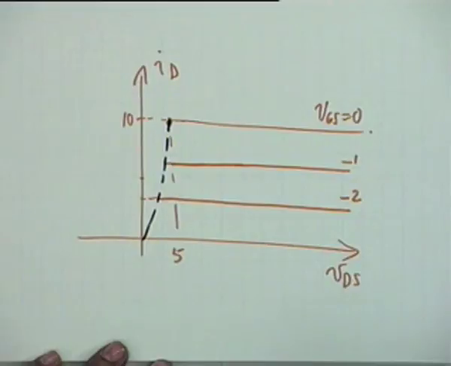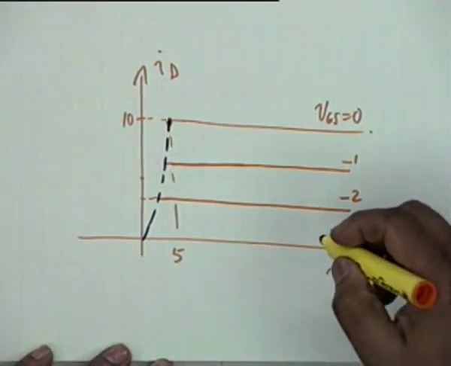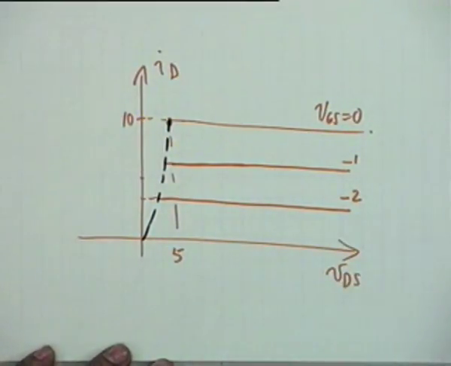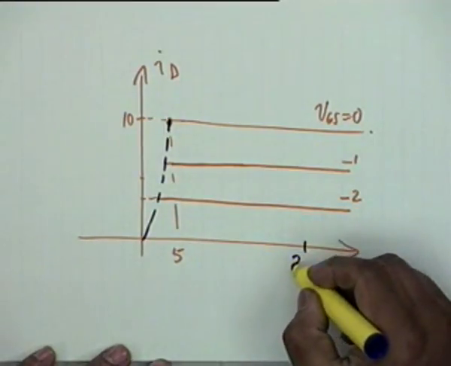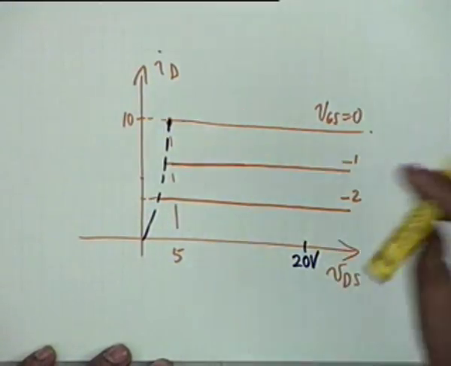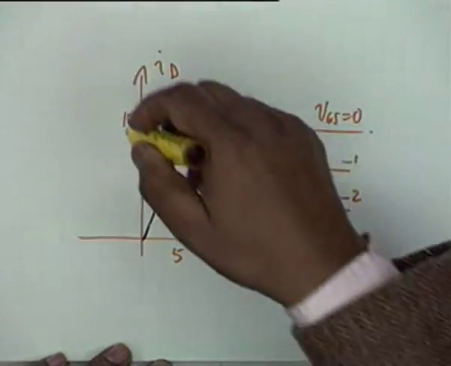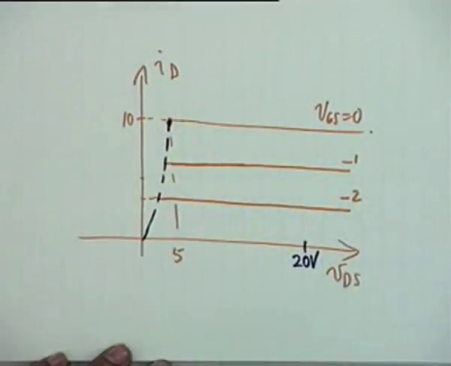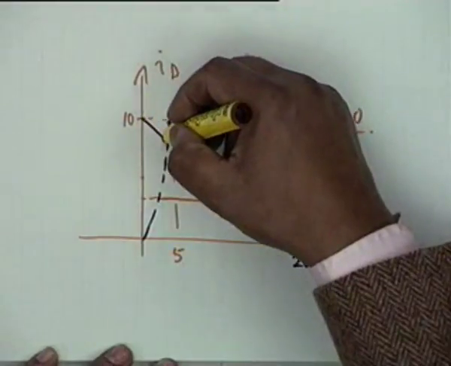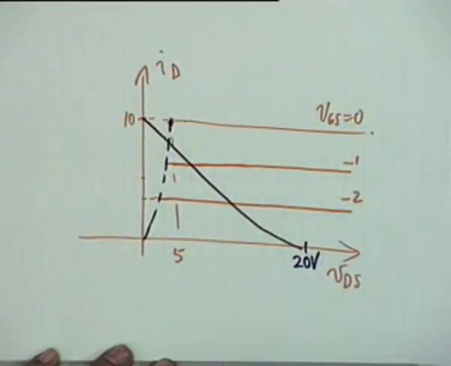If you want to draw a load line, where does it start? Here at 20 volt. This is 20 volt, and where does it end here on the ID characteristic? 10 milliampere. Okay, so this is my load line. Oh, I'm sorry, it didn't become a straight line. Anyway, you make it a straight line.